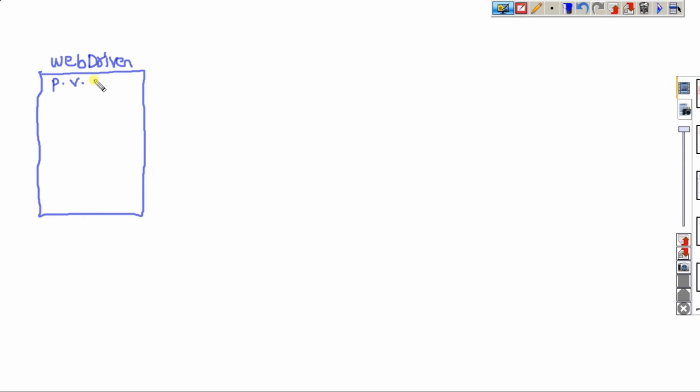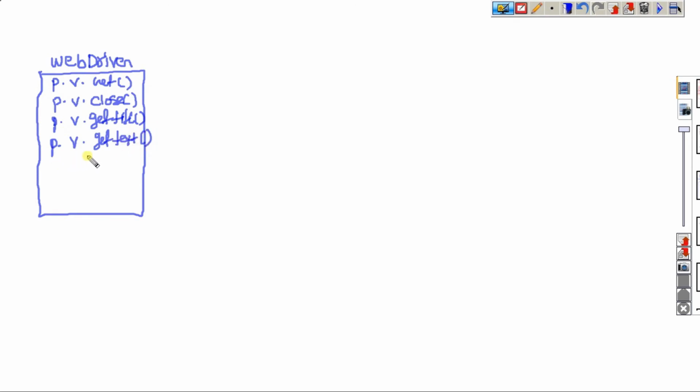What does this mean? See, WebDriver is an interface. This interface has so many methods: public void get method, public void close method, public void getTitle method, public void getText method.